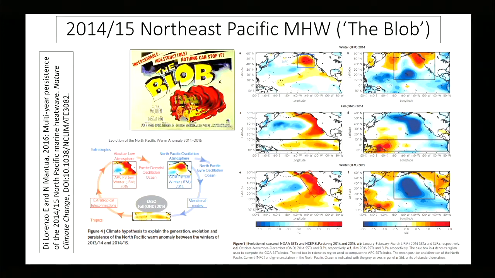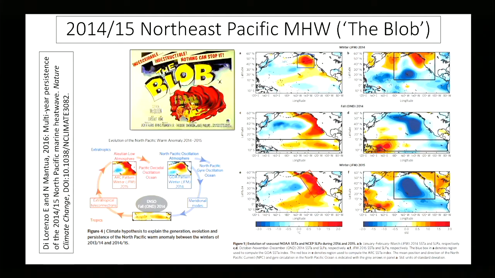Mantua was one of the people who really, I guess, was the first person to show the importance of the PDO, if you've ever read that paper on salmon production in Alaska. And Di Lorenzo's done some really great work on North Pacific circulation and ecology. But basically, the event evolved through winter here with this warm blob, and then extended down in the, I guess, autumn rather than fall. We're in the southern hemisphere, so we'll talk about it as autumn. In 2014, it came around here, linked up with El Nino, and then basically came back.